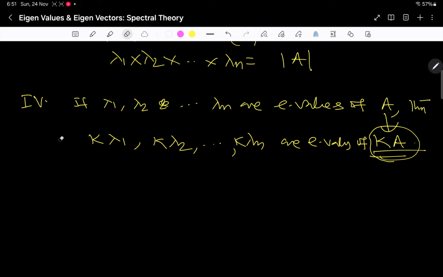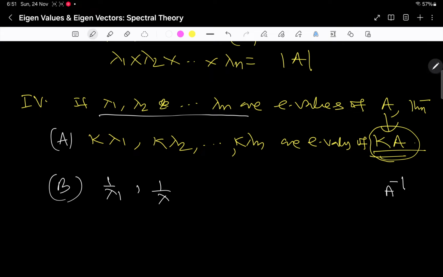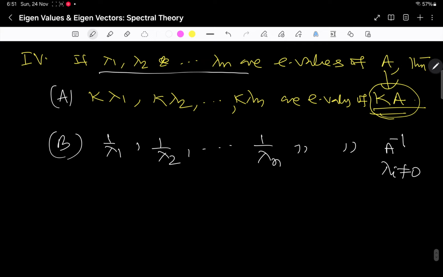We can make this a sub-bit. Suppose this is my A. What will happen to the eigenvalues of A inverse? Okay, what will happen to the eigenvalues of A inverse? If these are the eigenvalues of A, then 1 by lambda 1, 1 by lambda 2, and so on, 1 by lambda n are the eigenvalues of A inverse, where lambda i is not equal to 0. Okay, then see,